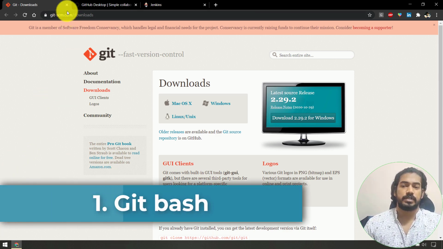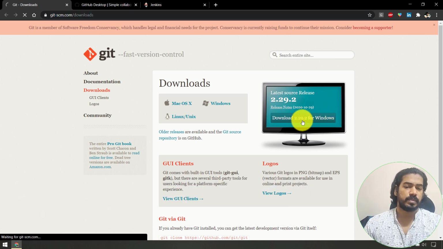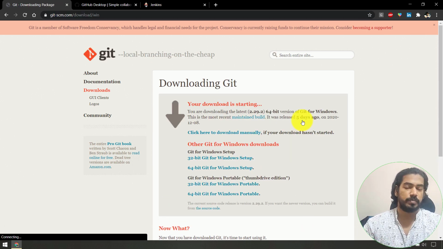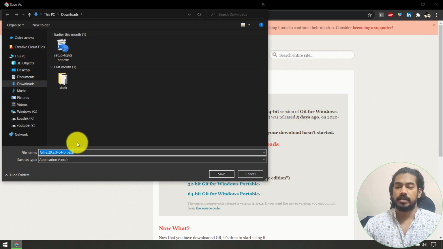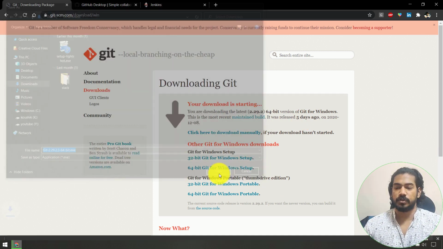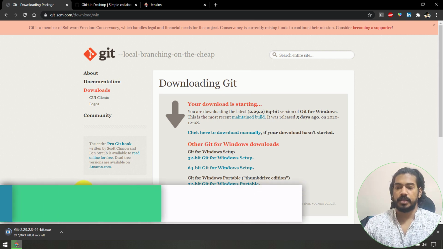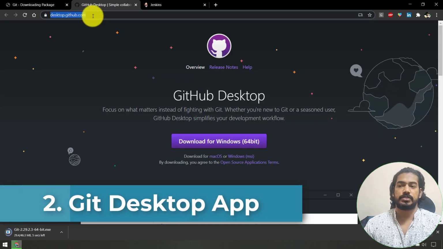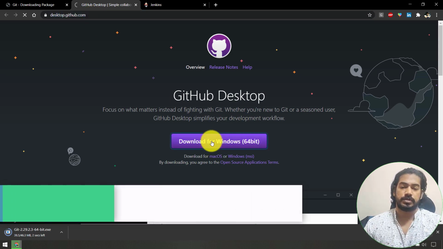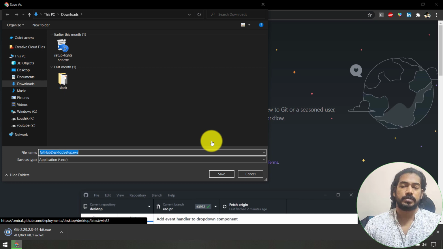Just go to git-scm.com/downloads and you can click on this download for Windows, based on your operating system, and let's store this in the download folder. And similarly, you have to go to desktop.github.com, and here we are going to click on this download for Windows 64-bit. Again, based on the operating system, you have to download the appropriate file,